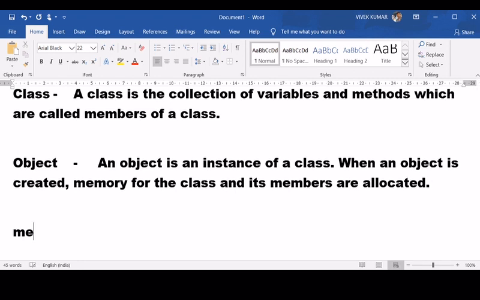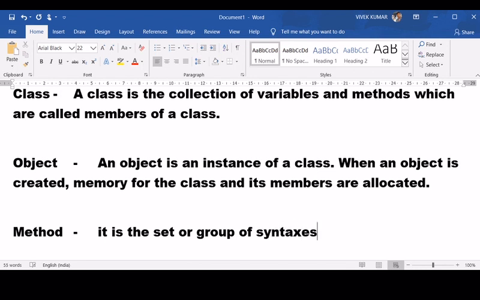Now the third one is method. We have said that a class is the collection of variables and methods, and I think all of you are familiar with the variables. A variable is the name that is used to store the data. This is the definition of variable you are learning from the early part of class 9. Now here let us define method. It is the set or group of syntaxes which are